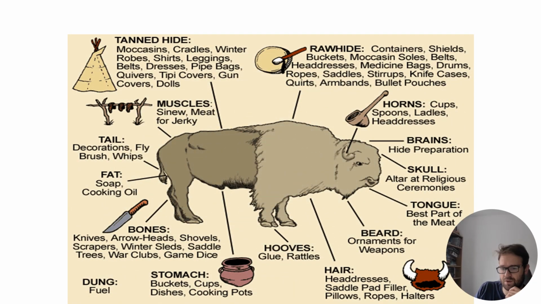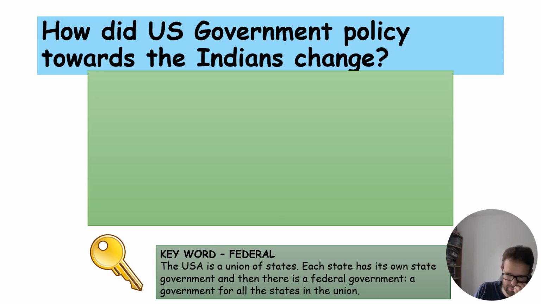There's a good graphic on the buffalo. Make sure you know a few uses of the buffalo. It'll be very important later on, so you can pause and look through that if you like. But I think a couple of them, just make sure you have them in your locker. So that was generally the Plains Indians' belief system, how they view the world. You need to understand that because everything moving forward is disrupting the Plains Indians' way of life. And you need to show how that's happening. That's a big question in this, impacting the way of life of the Plains Indians.